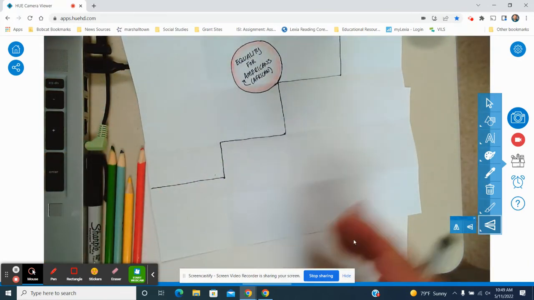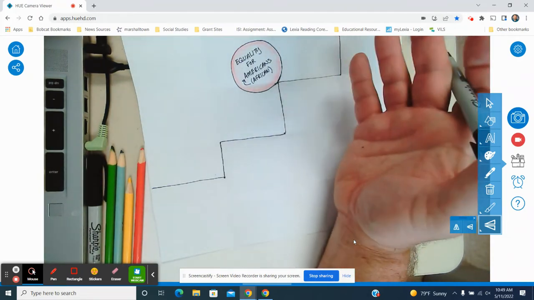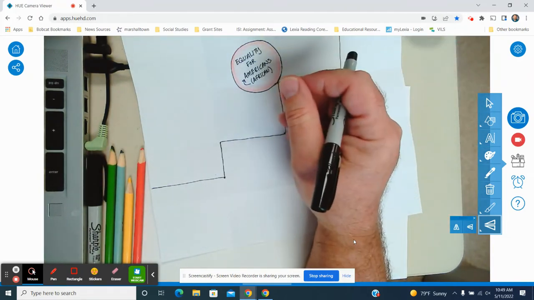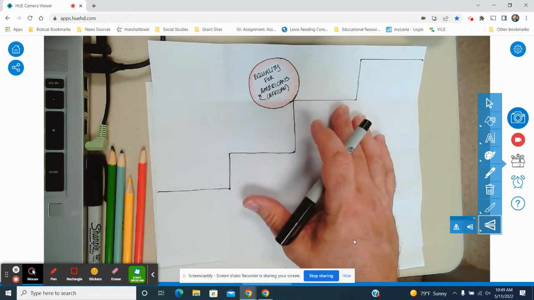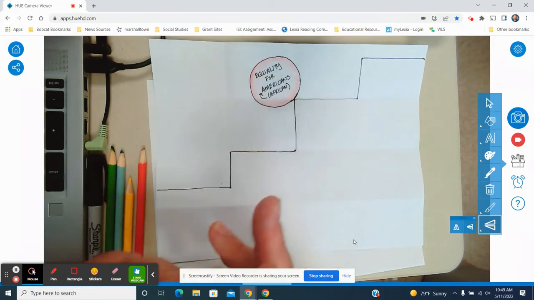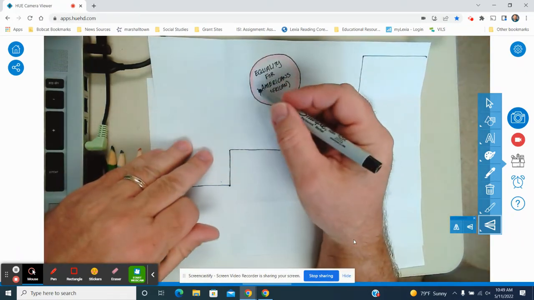That conflict was pretty one-sided for many years, obviously leaning to the favor of the people who used to own the slaves. But over time, we've made a lot of progress in that area, and that's a whole different lesson. But right now, we're talking about this time period, and I'm going to draw a guy pushing his way up